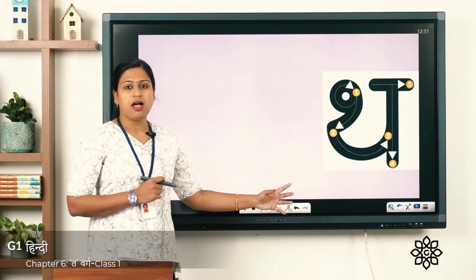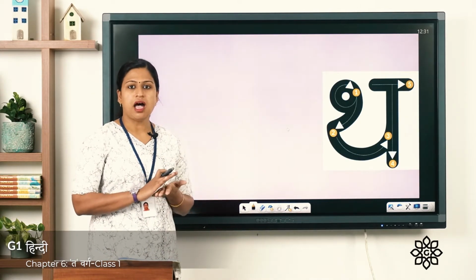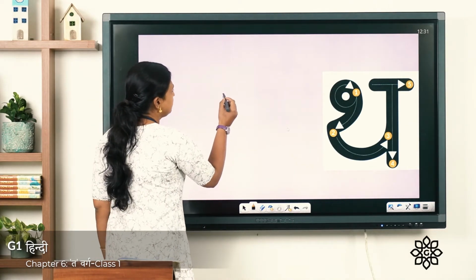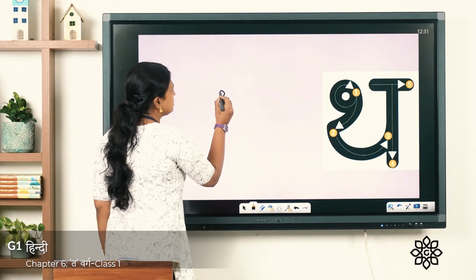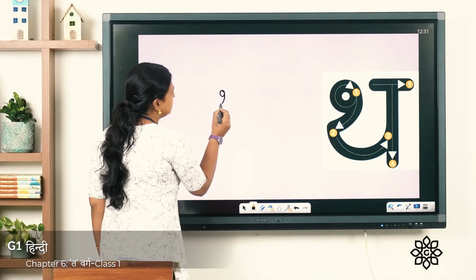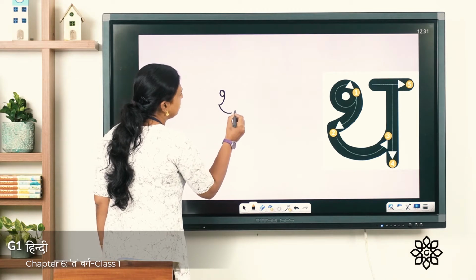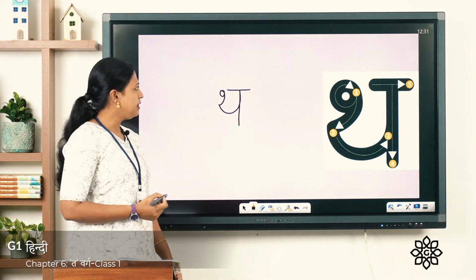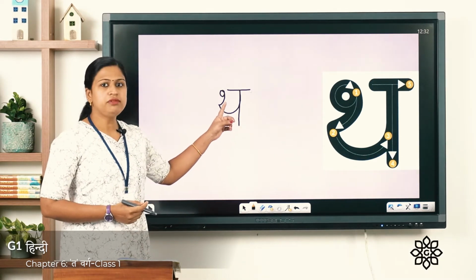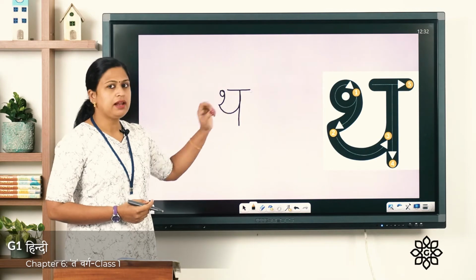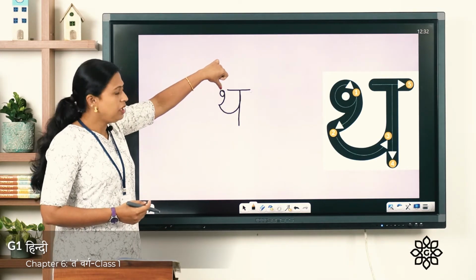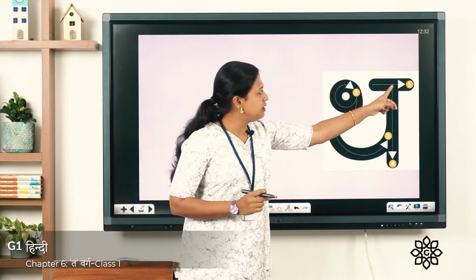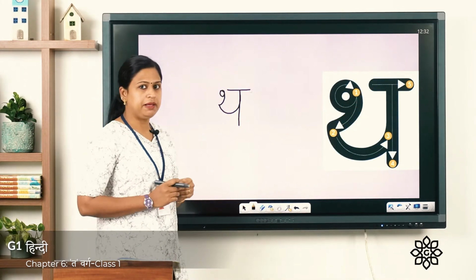It's tha. Before it was ta. Now it is tha. Now let's see how to write this. First you have to draw a small circle. Turn like this and a smiley curve, standing line and on the top sleeping line. So you might have noticed one thing, that this sleeping line is not touching the upper part of tha. It's a small sleeping line.